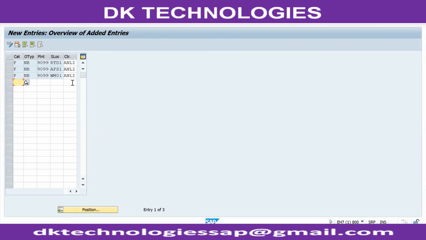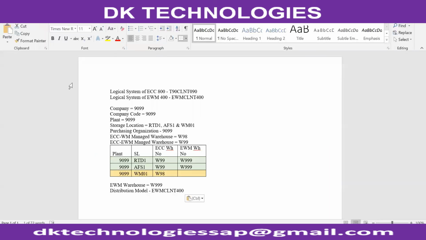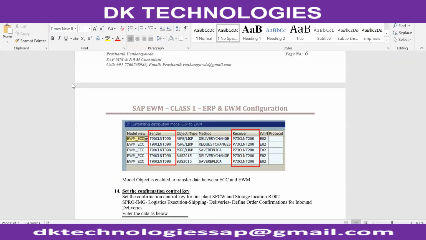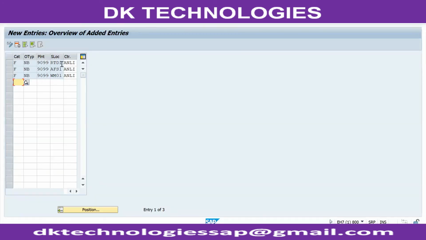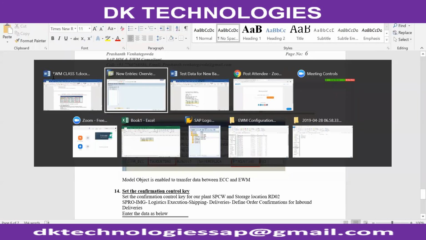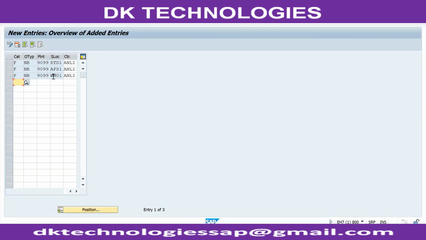After creation of inbound delivery, whether it got distributed, we can see in this step. All the storage locations require inbound delivery. The order confirmation is required, it is a must. But after inbound delivery, who will decide where we have to take the goods, whether in ECC or EWM?